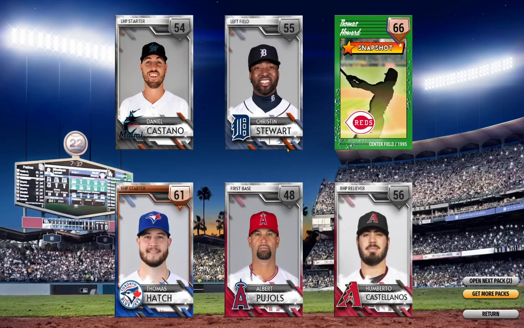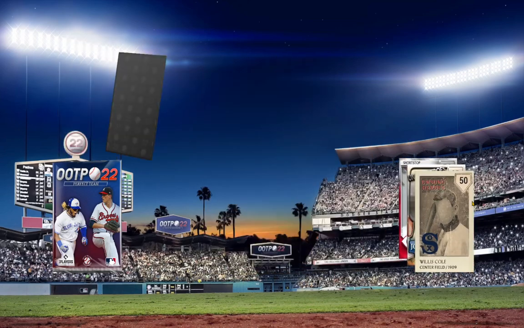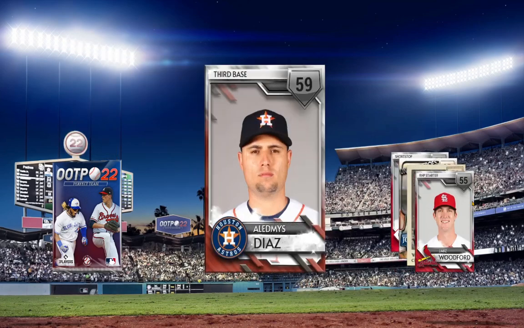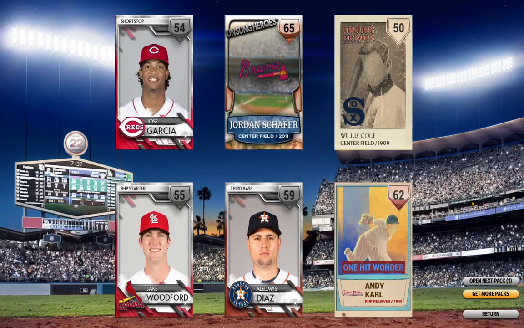So we have Thomas Hatch as our bronze, and we have Trevor Howard of the 1995 Cincinnati Reds as our historical, and the rest are just average Joes. Might be known players to you. We have a couple of historicals in this pack and a couple of bronzes. Jordan Schaefer of the